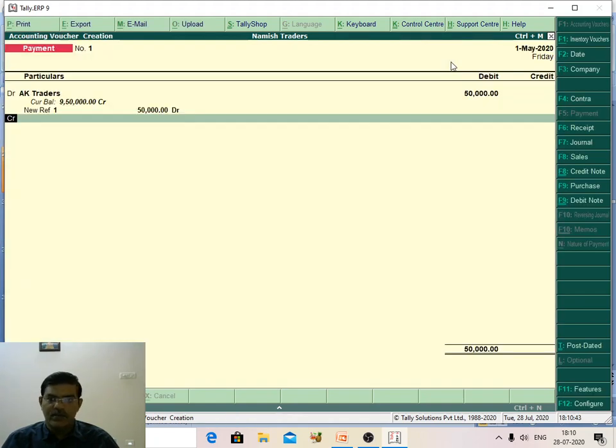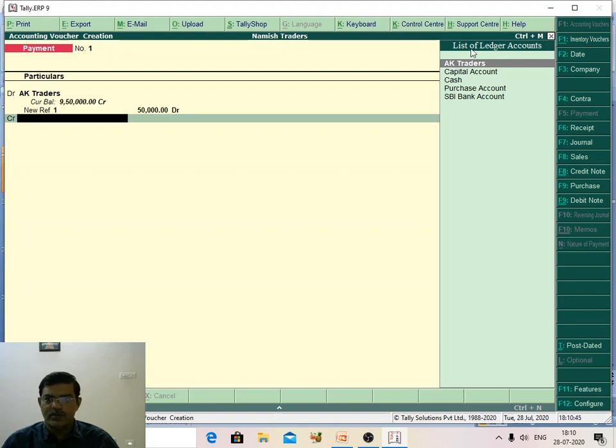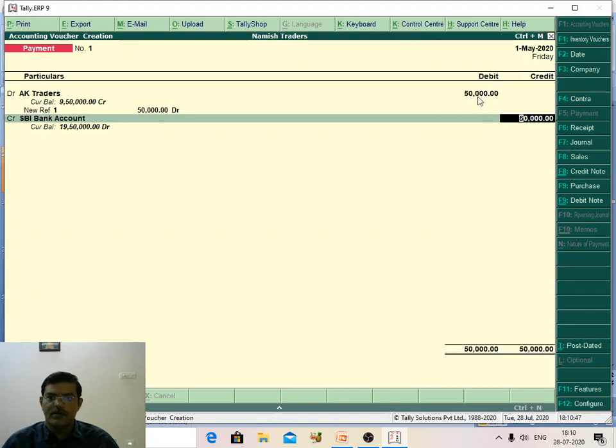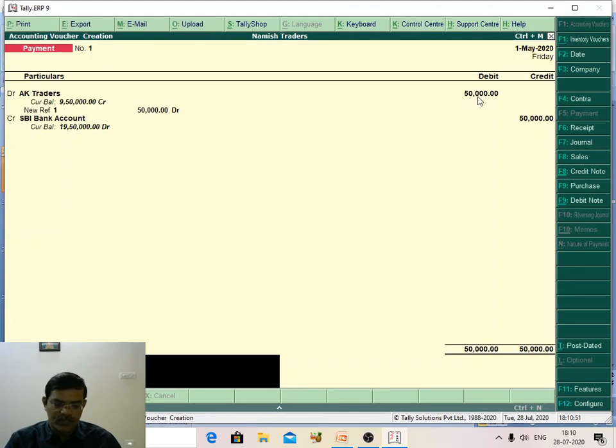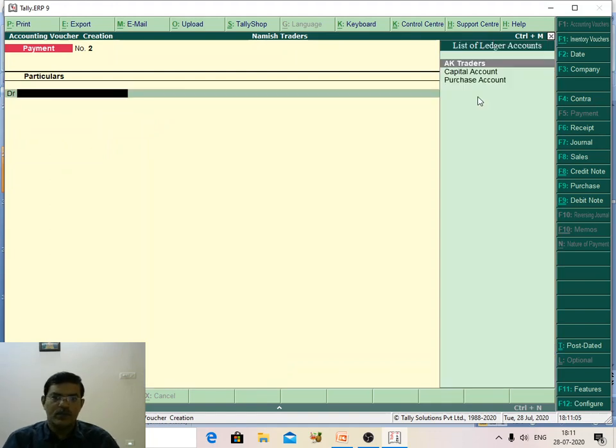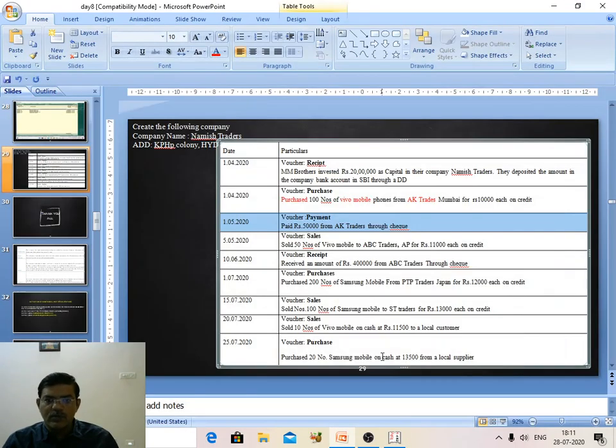What is the credit account? The credit account is bank account, SBI bank account, 50,000. If you want, give the cheque number. Being amount paid through cheque. So my third transaction is over.